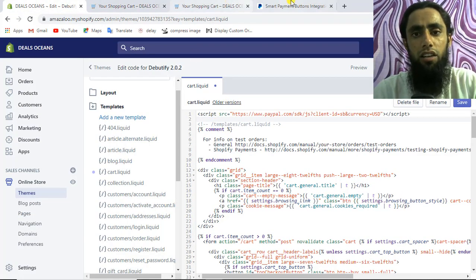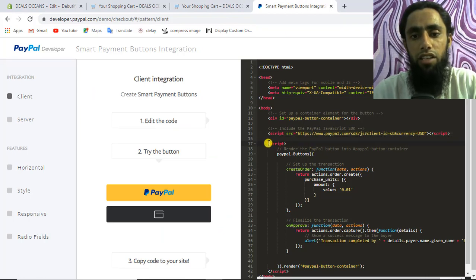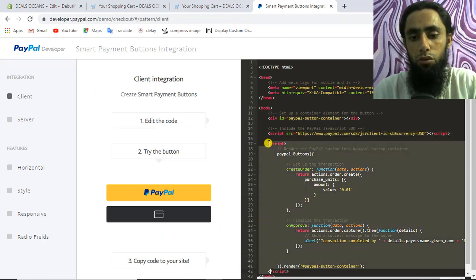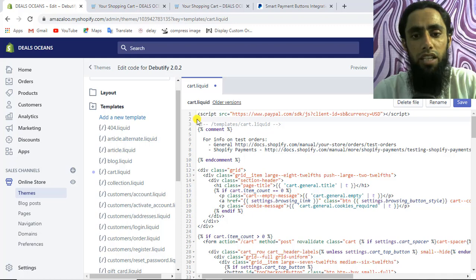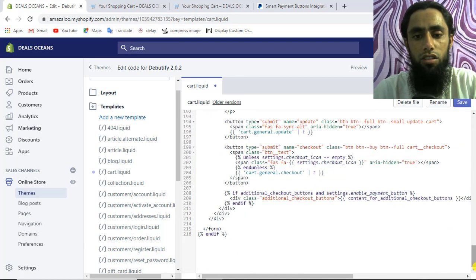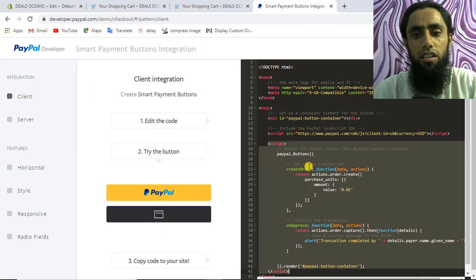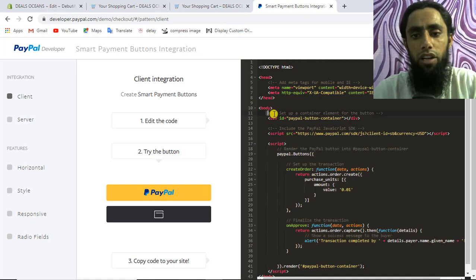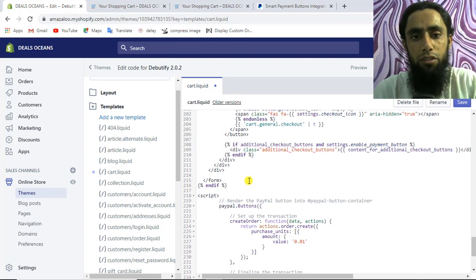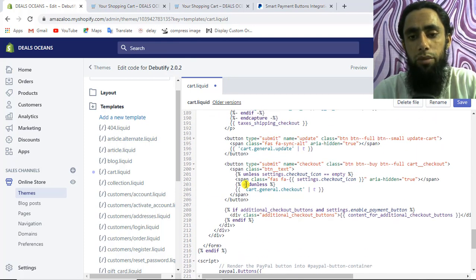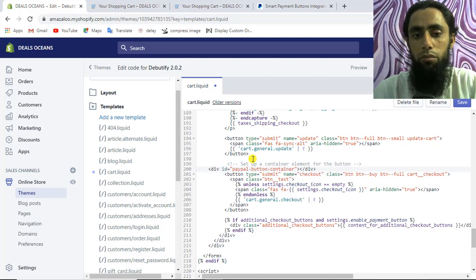Then after that you have to copy line number 17 to line number 42. You need to copy all these lines, and then paste them at the last. So I'm going to paste it over here, and lastly we have to copy line number 11 and 12 from here and paste it. Actually this is the cart page, so we want these buttons above the checkout button. So here, checkout buttons. You can see that here we have the checkout button. So let me paste it over here